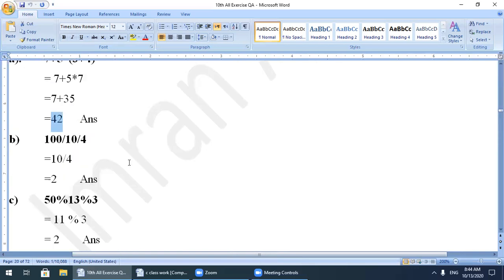Now the next expression is 100 divided by 10 divided by 4. Now the same operator has come twice in this kind of expression. What should be the result of this one? What should be the result? So the result for this expression is like